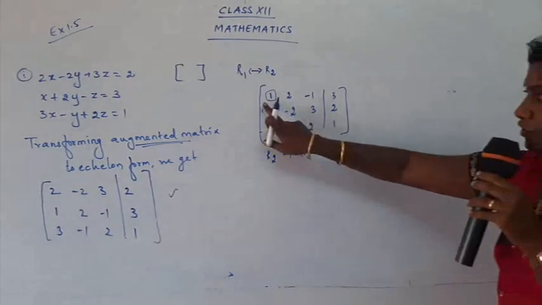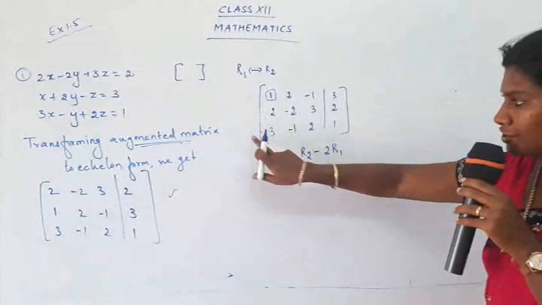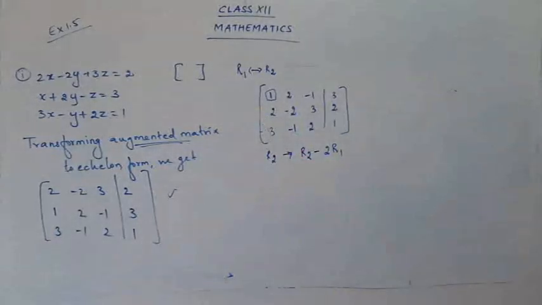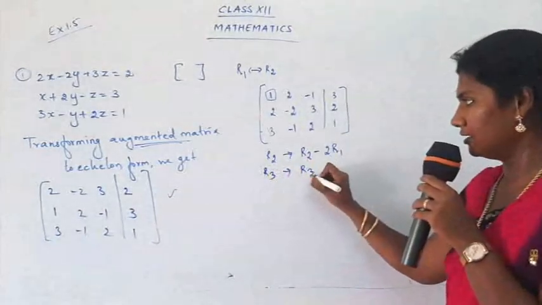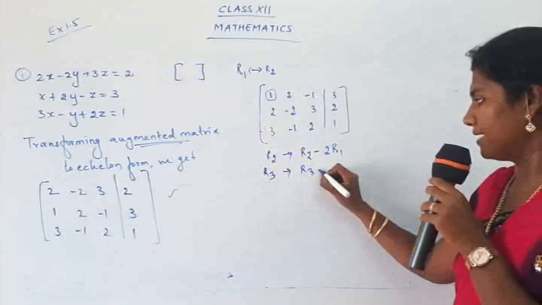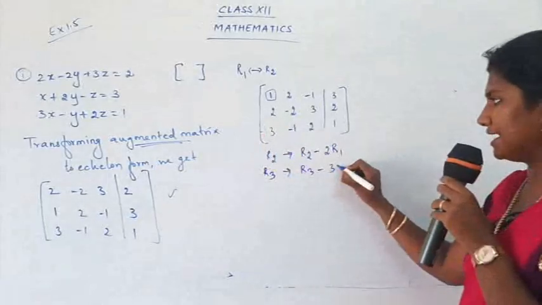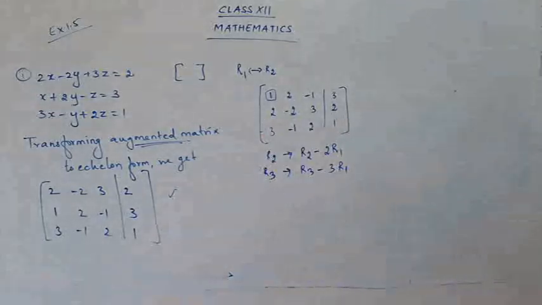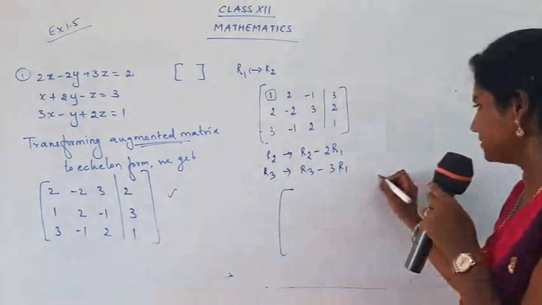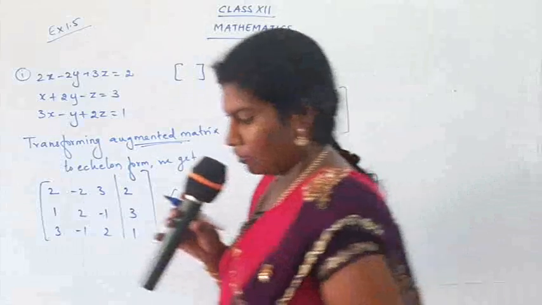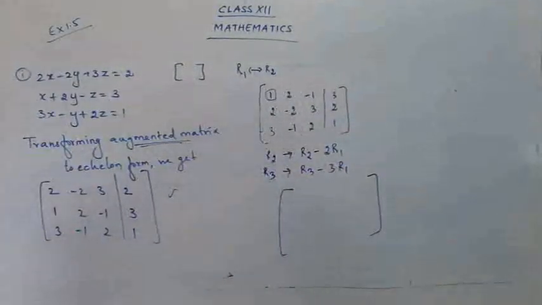Okay, children? Can you give me the conversion similarly for the third row? Yes. So R3 changes to R3 minus, it's 3 here, so 3 times R1. R2 changes to R2 minus 2R1, and R3 changes to R3 minus 3R1. So come on, follow the conversions and get the new rows and the new columns. Go with the calculation part and get the answer.